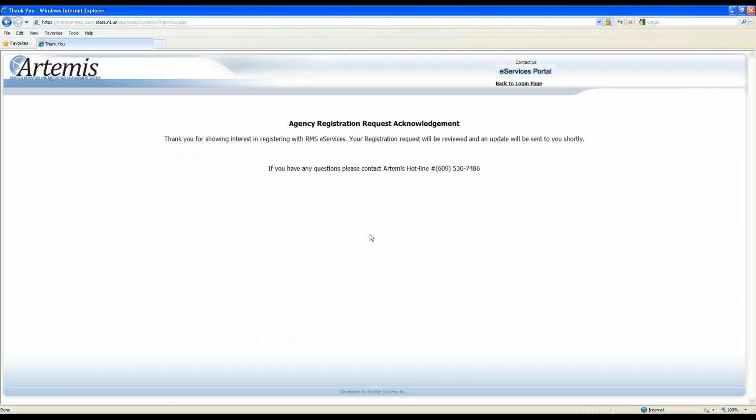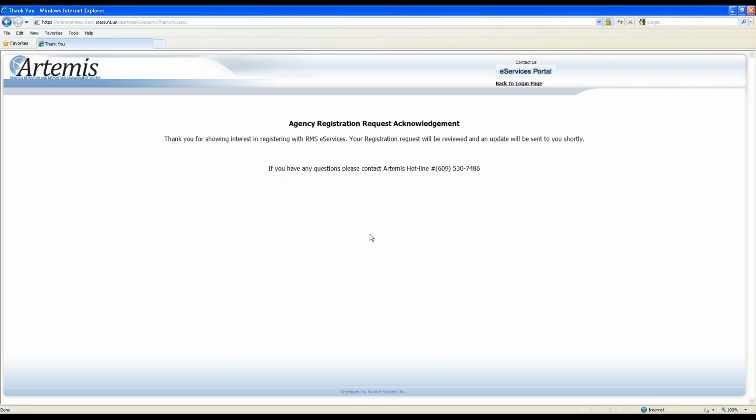Typically, when you have a successful operation within the system, you usually get a message in green at the top of the screen, or you get a screen like we see here that acknowledges that information as well. So what we saw here right now is it says agency registration request acknowledged. What this just did is I now sent my registration request to the state. I still cannot log into the Artemis system until they approve that request, okay? So please be aware, if I try to go log in with that username and that password I just put on the previous screen, the system's gonna tell me that it's not valid, okay? You won't be able to log into the Artemis system until the state approves your request, okay?